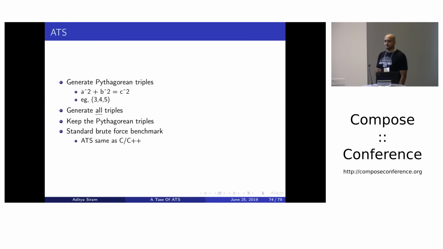As a non-trivial example, I wanted to show you how to generate Pythagorean triples using just streams. A Pythagorean triple, if you're not familiar with it, is any three numbers such that a squared plus b squared equals c squared. So it's like the two arms of a right angle triangle. 3, 4, 5 is I think the smallest example. The idea is not to be clever. The idea is to generate all triples, starting from 1, 1, 1, and generate all of them, but only keep the Pythagorean triples. This is a standard brute force benchmark that people use